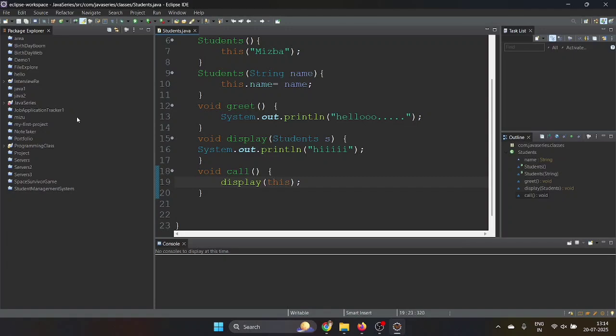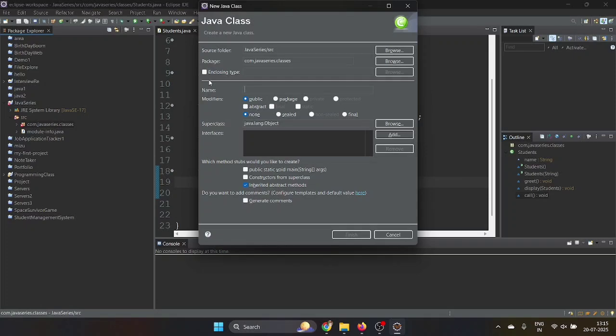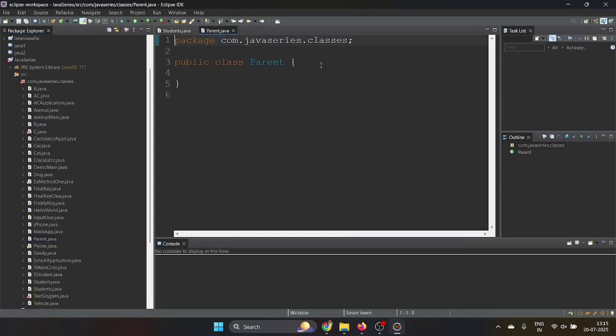So let's go. Here we are going to create a class. First we will take how we can access the variable that is present in the parent class. Simply I will take a Parent class, then I'm going to finish this one here. Simply I'm going to give one variable, int a equal to 10, and here I'm saving this program.